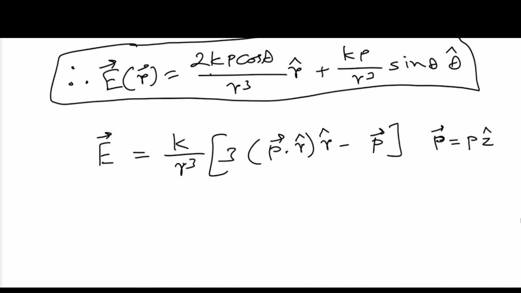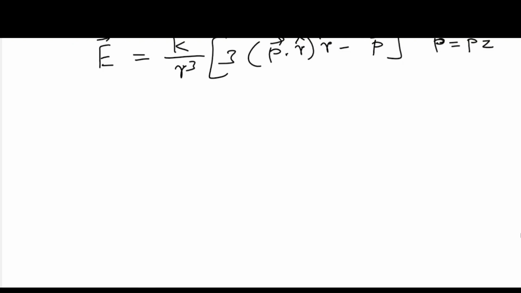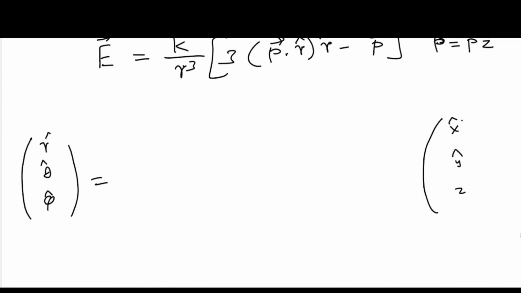Now to see the equivalence of these two equations, let's use the relationship between the unit vectors in spherical polar coordinates and unit vectors in Cartesian coordinates. I have made a video of these relations which uses elementary trigonometry only, and I will share the link of that video in the description. So remember, I derived the equations where I expressed r cap, theta cap and phi cap in terms of x cap, y cap and z cap,